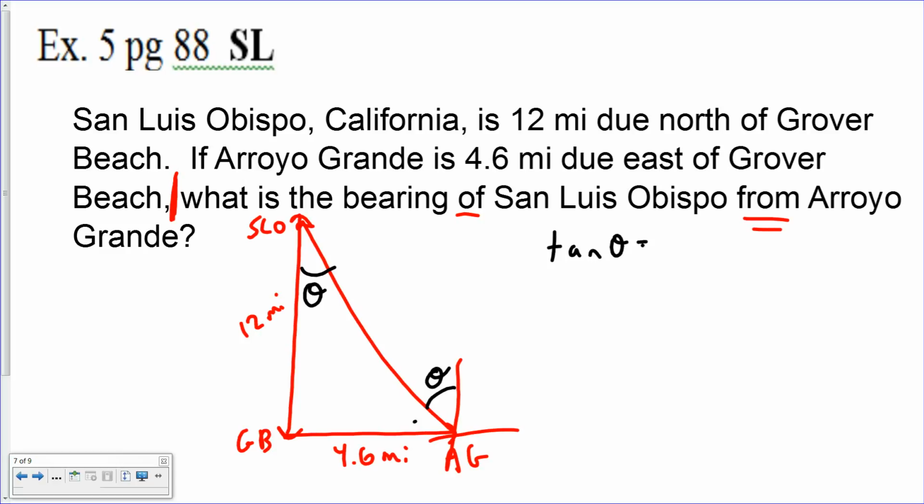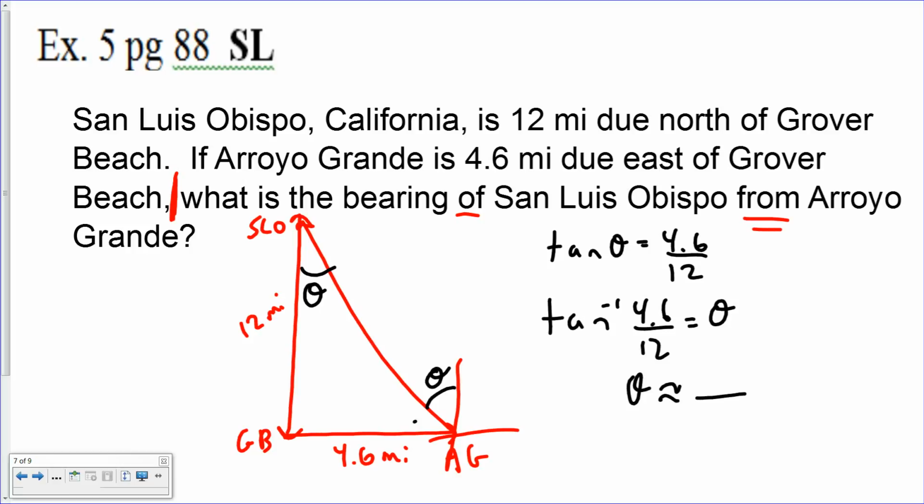Writing this down, tangent theta equals 4.6 divided by 12, and then you're going to use the inverse for theta. When I do that,